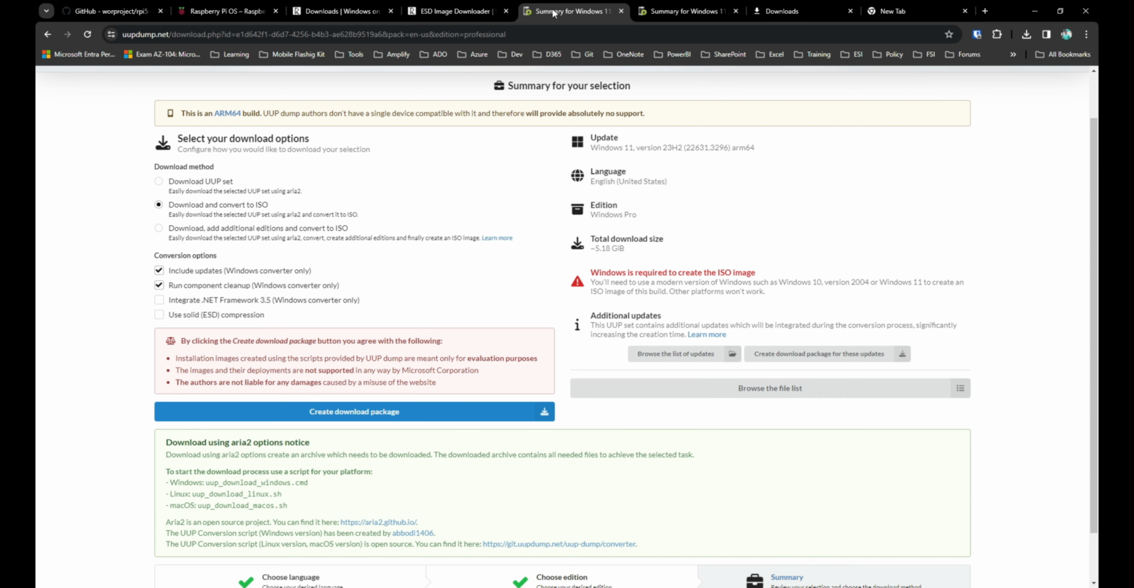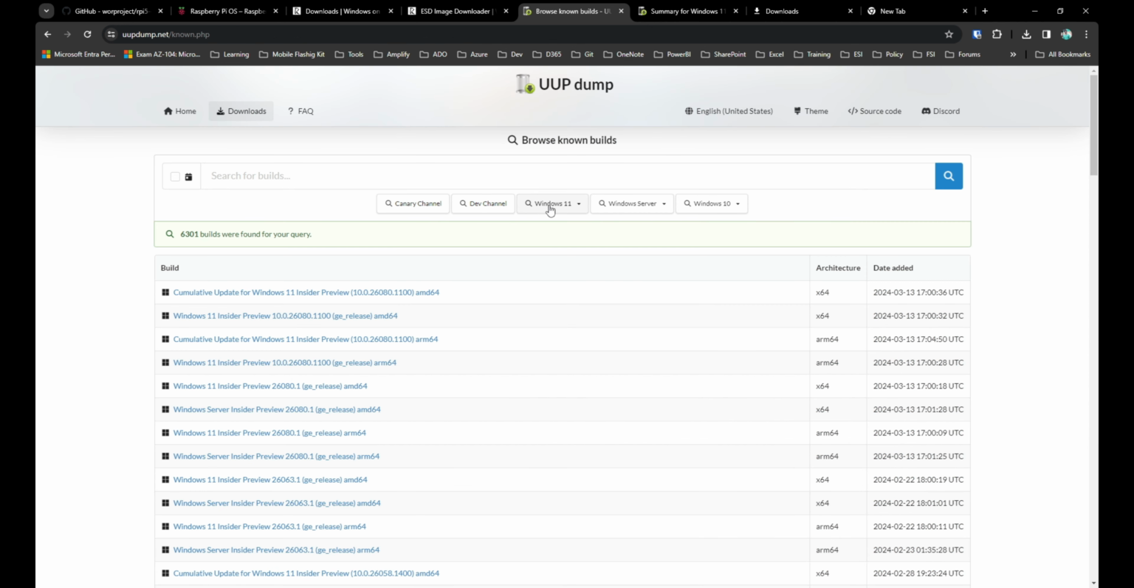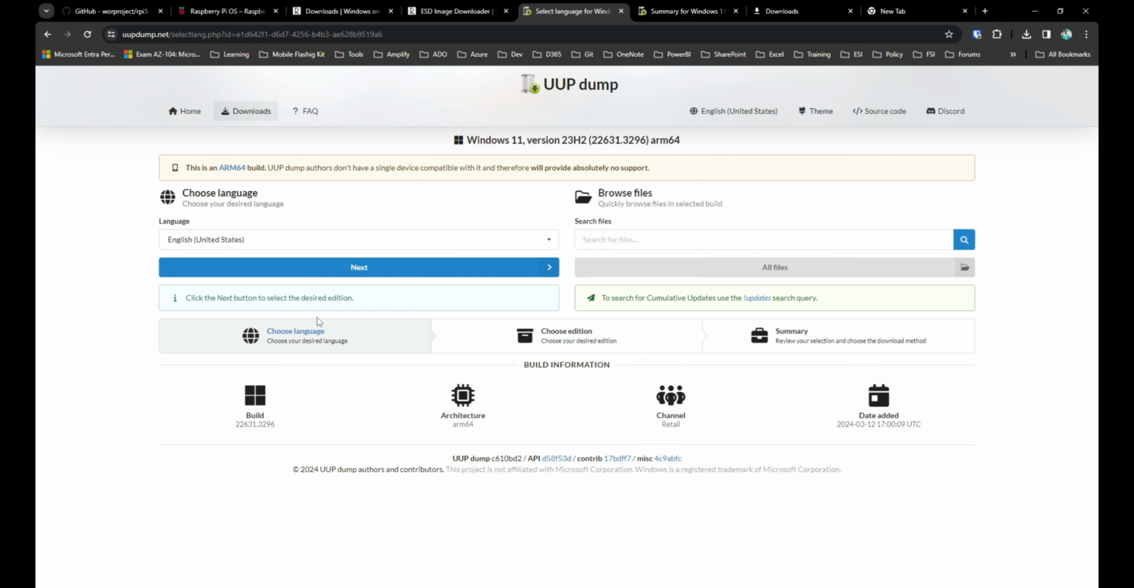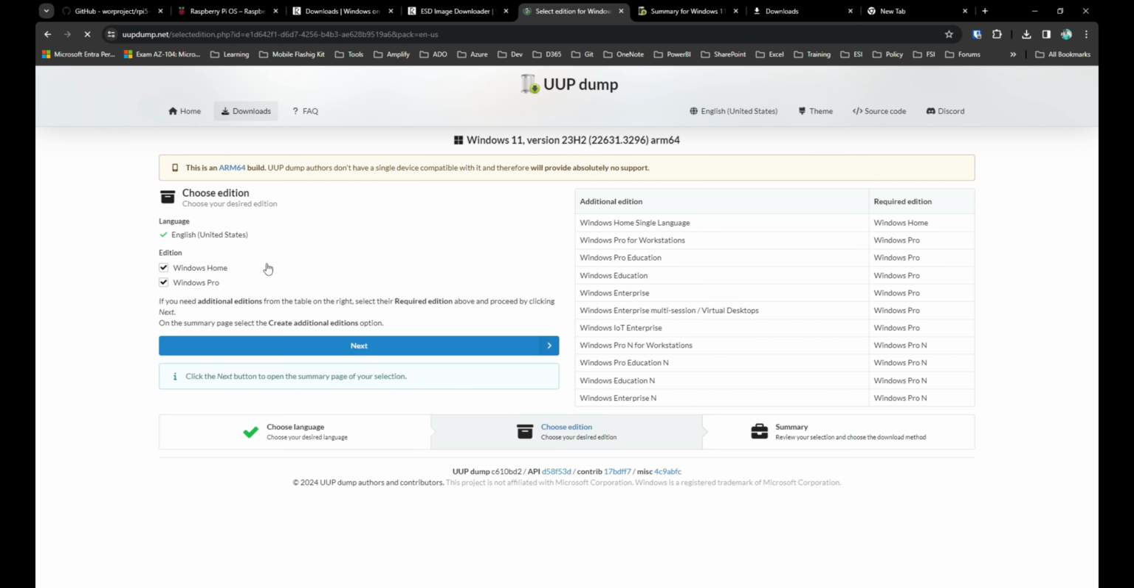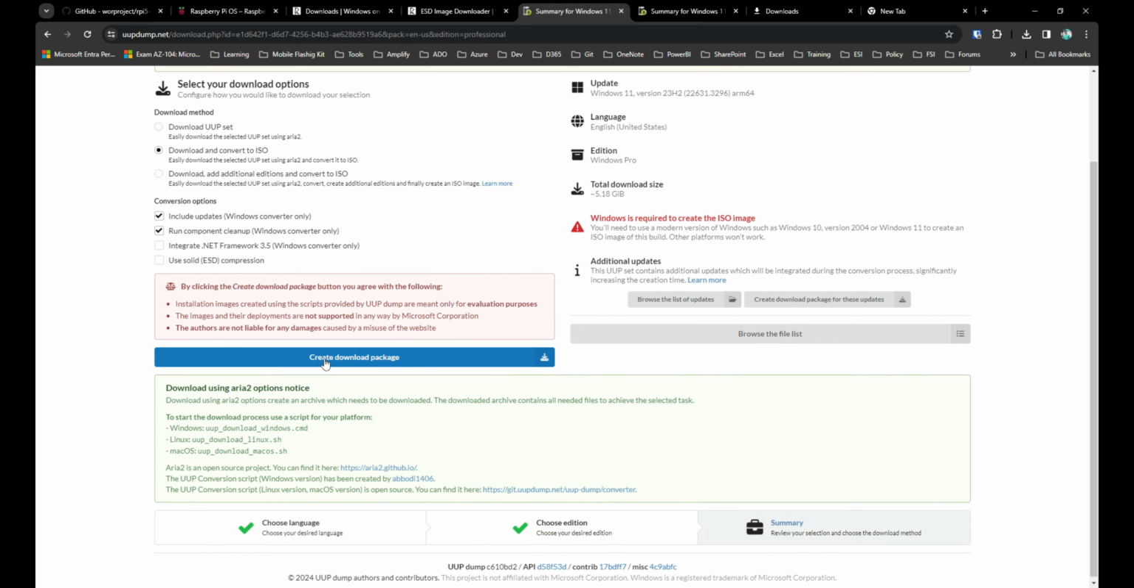The other way is that you go to this UUP dump, you go to downloads, you select your version of Windows, which is Windows 11, and I'm going to select 23H2, and then again I'm going to select the ARM64 build. I'm going to keep the language as English United States, and click on next. And here, if you click on next, it will ask you to select the edition. I'm gonna keep only Windows 10 Pro and click next, and once you do that, it will create a